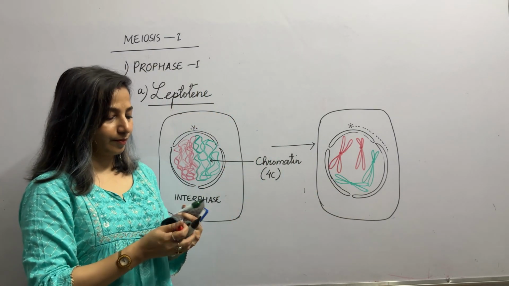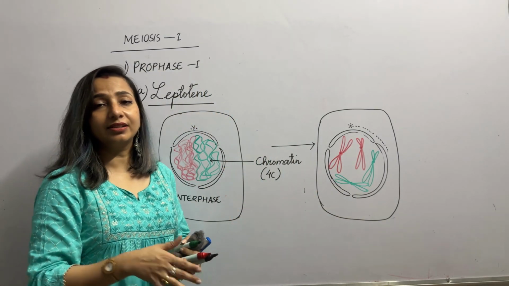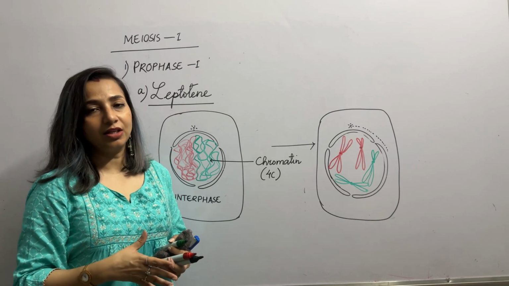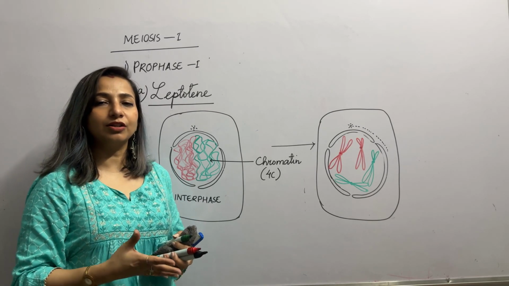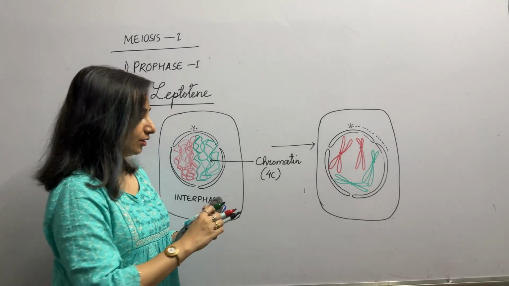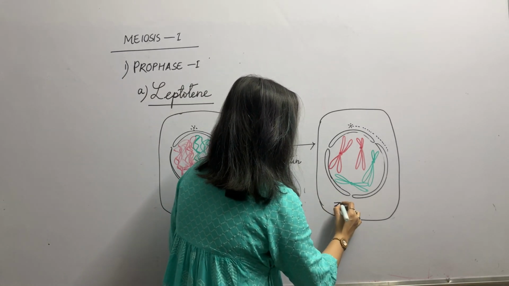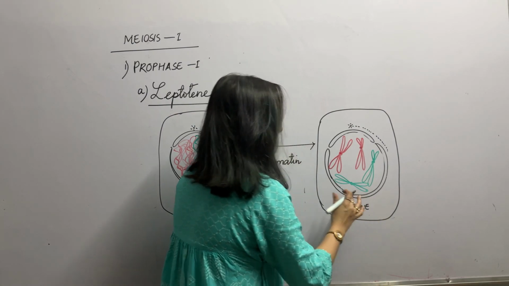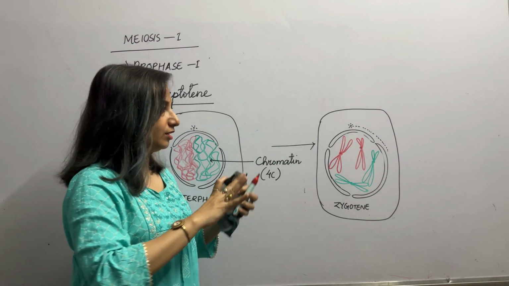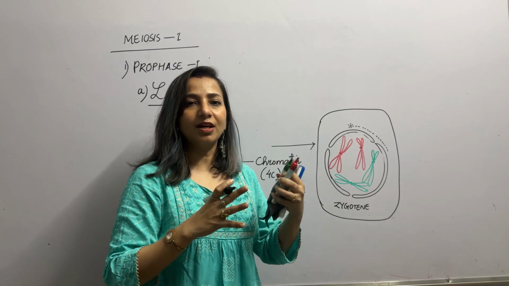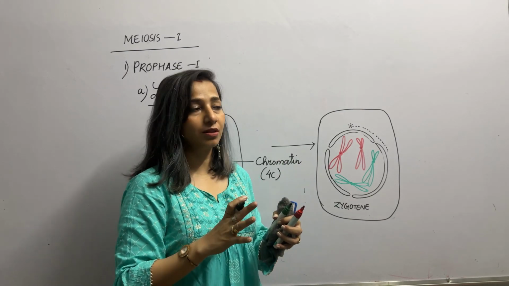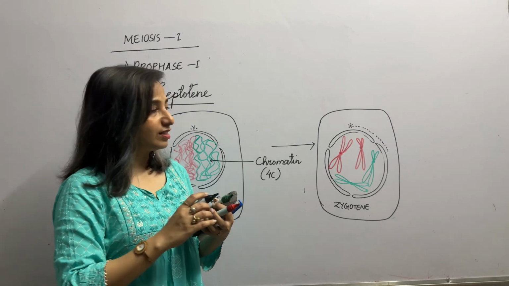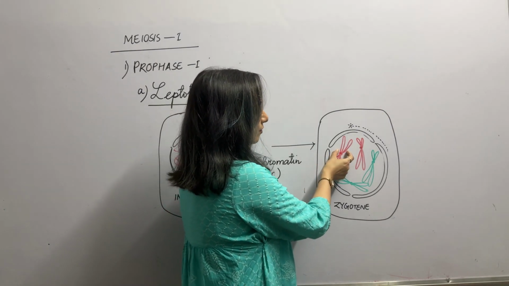Clear? Meanwhile, we will see that there will be gradual disappearance of the nucleolus and other cell organelles like endoplasmic reticulum, Golgi apparatus, etc. So this is what zygotene is. Clear? This is very early zygotene, the chromosomes have started condensing into shorter forms. Now gradually as we move towards the later part of zygotene, we see that there will be pairing of the